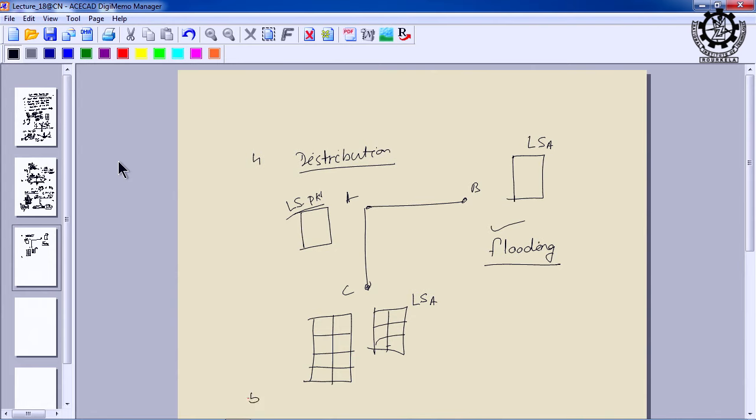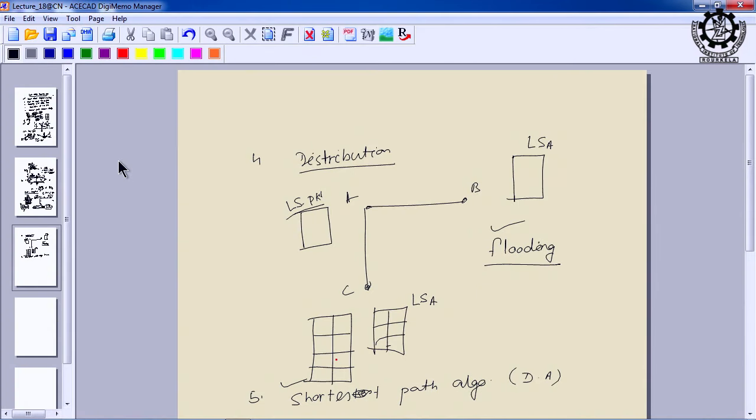That is your final step: the shortest path algorithm, or Dijkstra's algorithm, is executed here to find out the shortest path to every other node in the subnet. And we know what this shortest path algorithm is, right? So, with all these 5 steps, now can you realize how